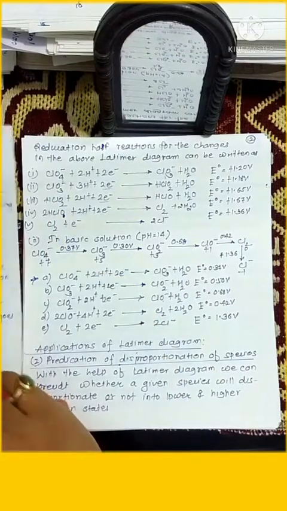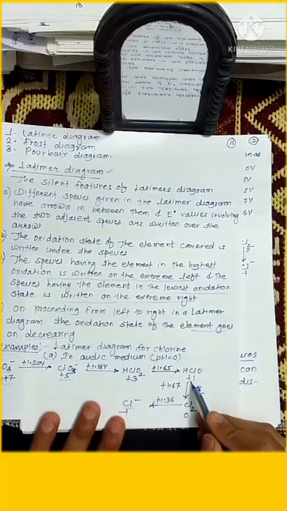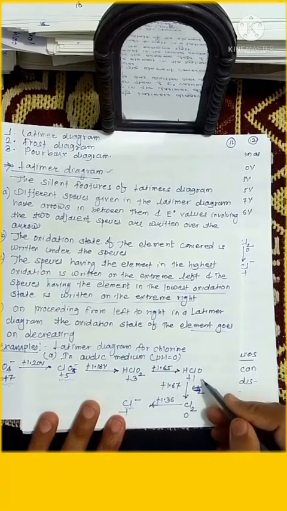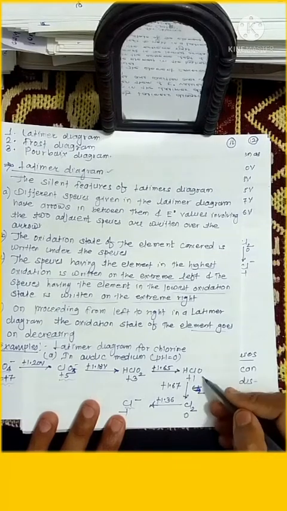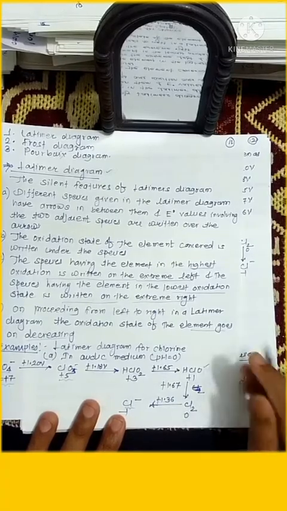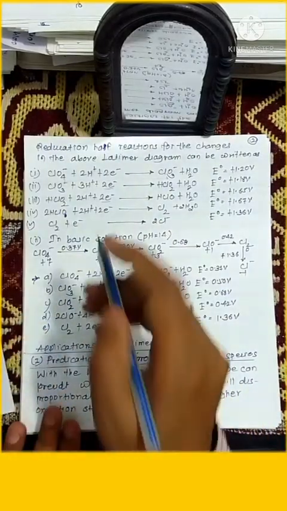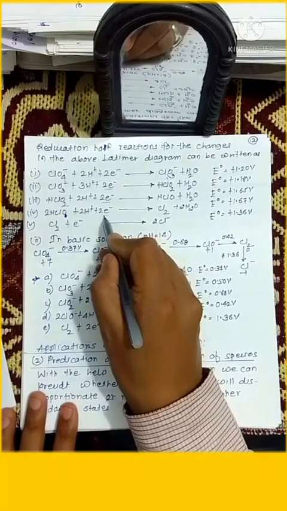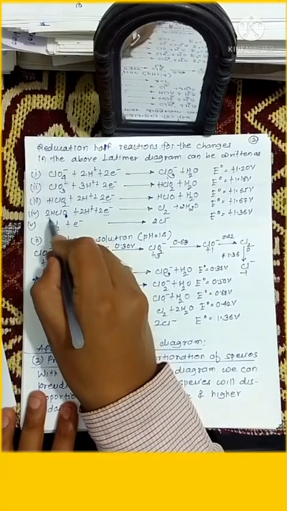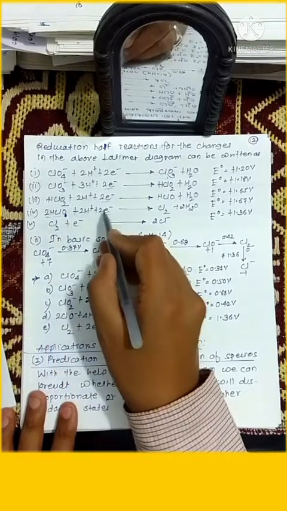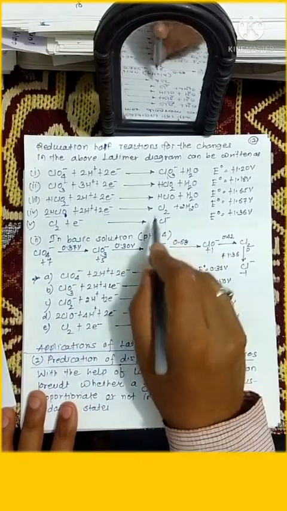In this case from +1 to 0 oxidation state, 1 electron is gained, it is a 1 electron change. So 1 electron is basically taken by this species, which is written here. Now students get confused. Here 2 electrons is written. Just see, we write 2 molecules of this species. That's why it is multiplied by 2.